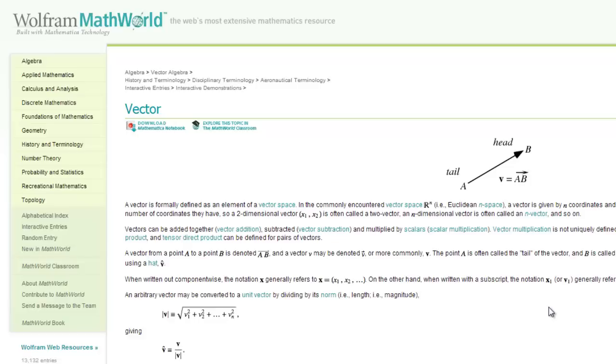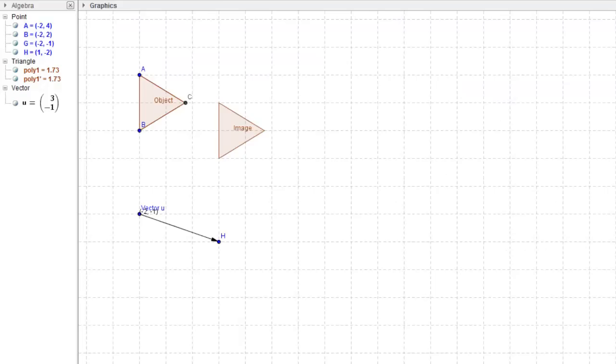So let's look at some properties of vectors. First of all, you will probably have met them at GCSE in the context of transformations. Let's look here. Here's a vector being represented by means of a translation. A translation, if you recall, is where you take a shape and you slide it somewhere. Now this little line segment represents the vector, and as you can see, as I move that, the image is